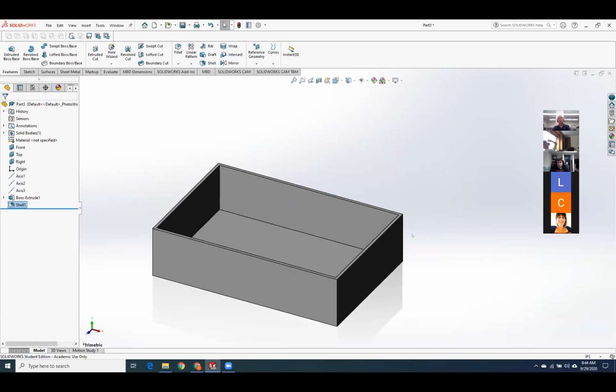I cannot tell you how many times I've had students and junior engineers come to me with a design like this for an engine cover or something like that. And if you brought this to me as a manufacturing engineer, I would look at this and say, okay, I got to start off with a block of steel that's 1.25 inches thick. Then I got to come in with a cutting machine, cut all of this pocket out, and then I have to come in with a fancy electrical discharge machine, and I've got to make these nice tight square corners, and this would probably be, I don't know, a